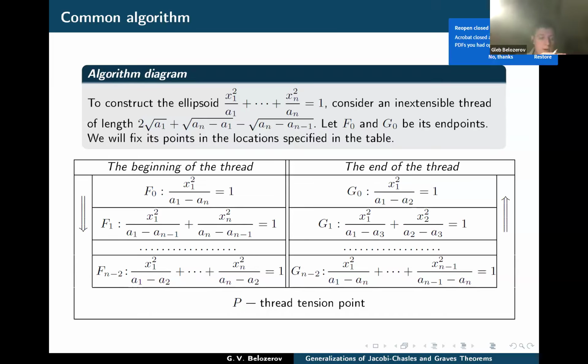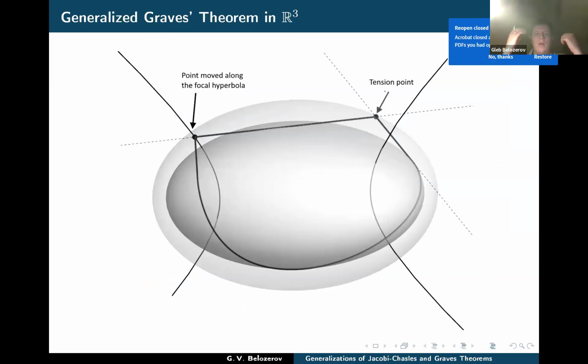But we know that Graves's theorem states that we can construct a confocal ellipsoid from the given ellipsoid, and we find a generalization of this theorem. For example, if we consider the given small ellipsoid,